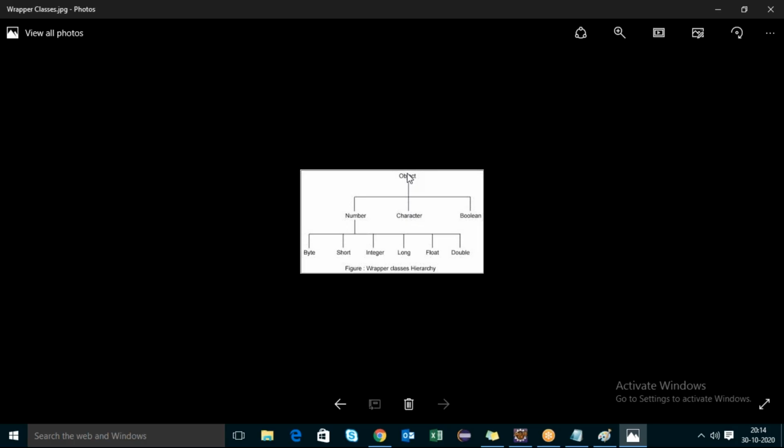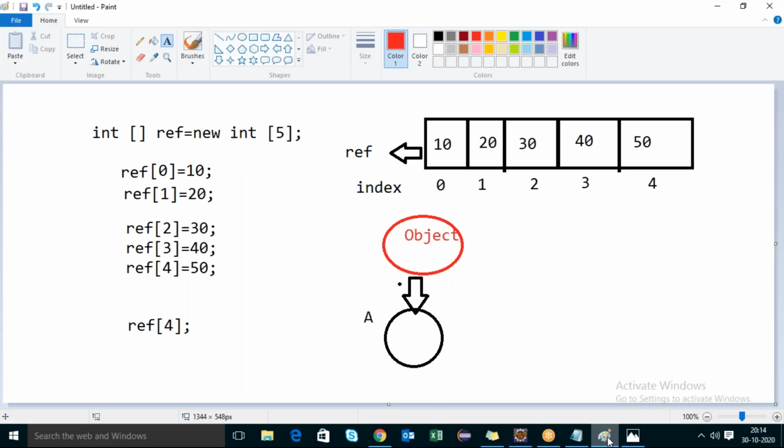Now parent can hold child classes. Here, if you create an array, what is the syntax of array creation, team? Let's say if it's integer: data type, array symbol, reference name or variable name equals new data type. Have you remembered, team? So if you are using a new keyword,